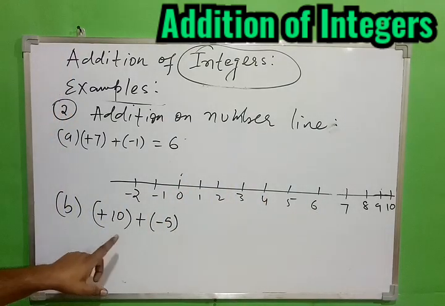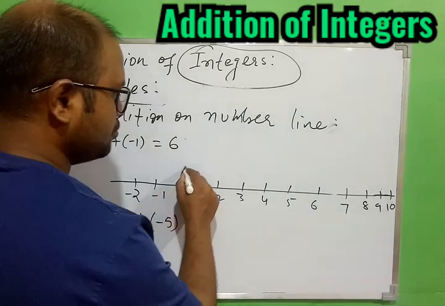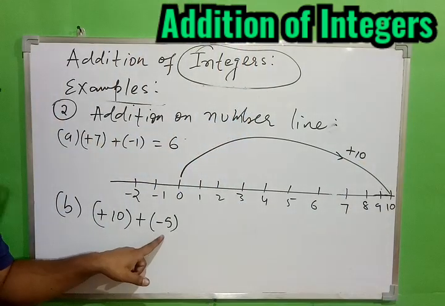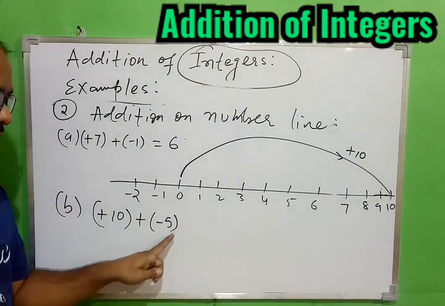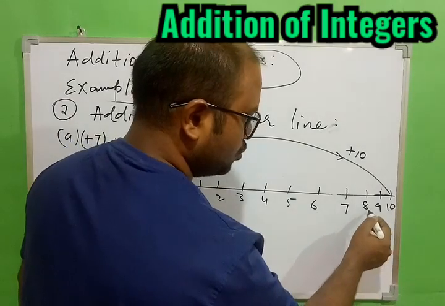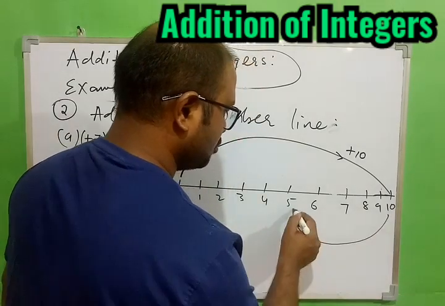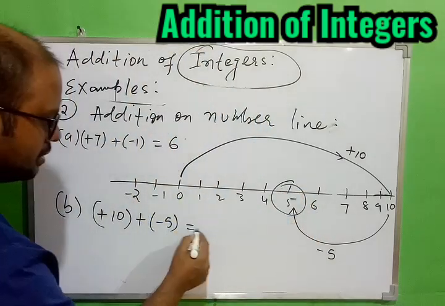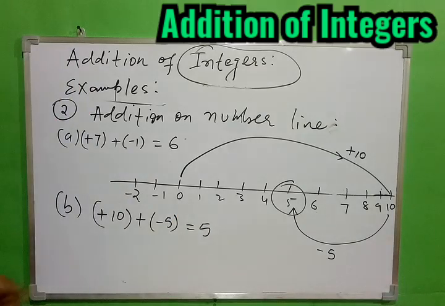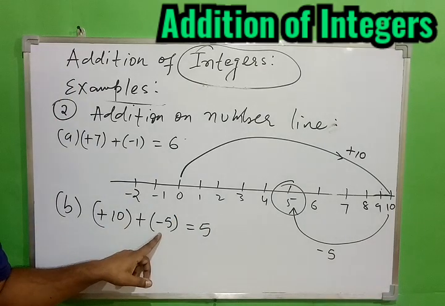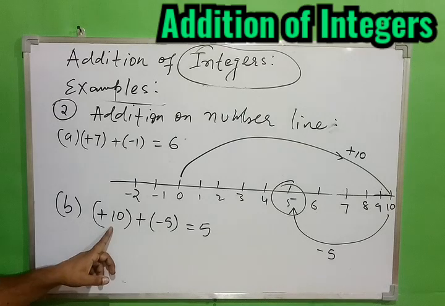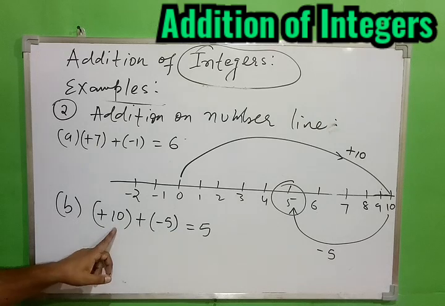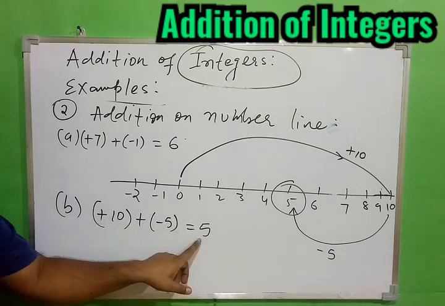Okay, so we have plus 10, so we'll jump to plus 10 first, from 0 to plus 10. So this is plus 10, and then minus 5. Minus 5 means we have to come back how much? 5. So 1 2 3 4 5, it'll come back to 5 only. So finally what are we getting? 5. So the answer is 5. And you can apply the rule also: positive and negative, what is to be done? Subtraction. After subtraction, the number which is greater, whatever sign it has, the same sign should be there in the answer. So 10 is greater than 5, in front of 10 we have plus, so the answer is plus.